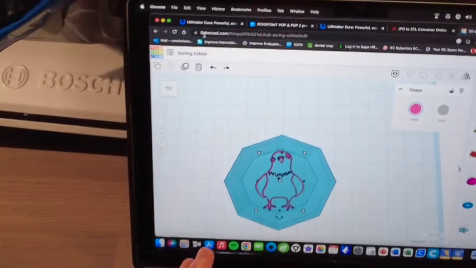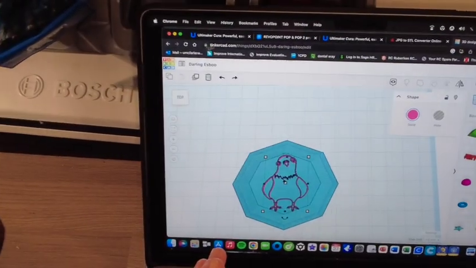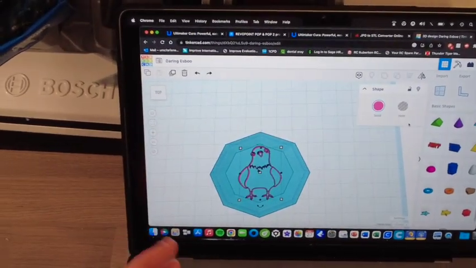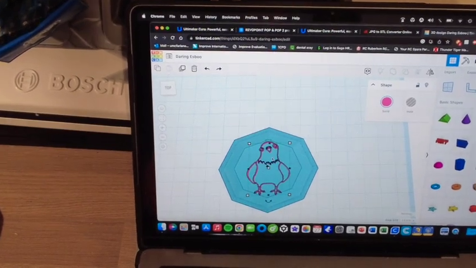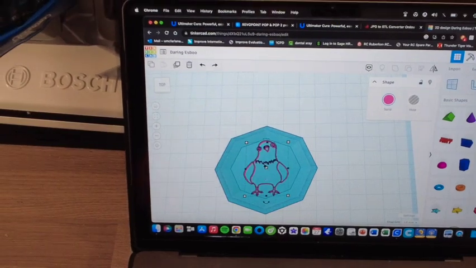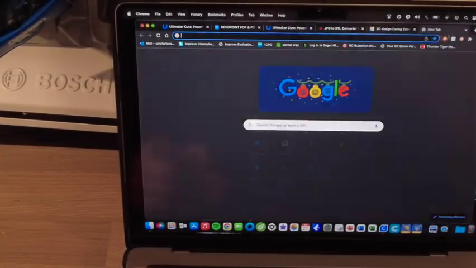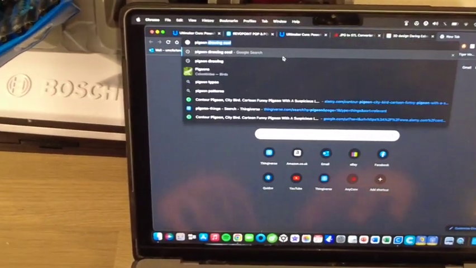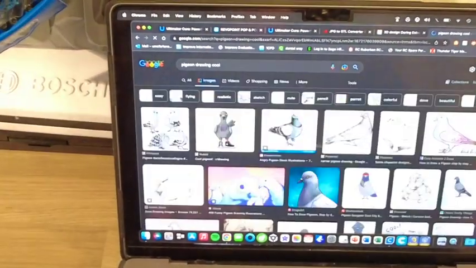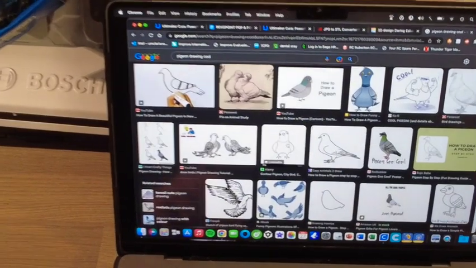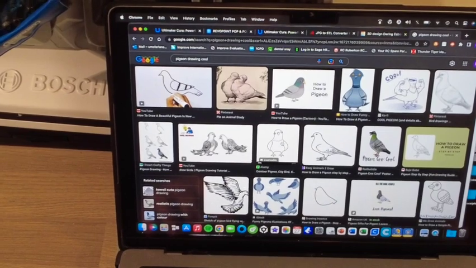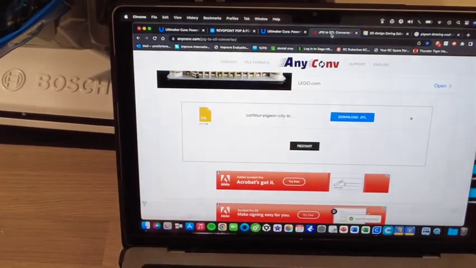called Tinkercad. Again, it's an online cloud-based system, so you just log into the website, make your profile, and you can get started. I've already just fiddled with it. So this was actually this little chicken dude, not chicken, pigeon. I went and searched in Google, so pigeon drawing cool. There you go. Went into images, and there it is. So I found this image, downloaded it as a JPEG, and then what I did is I went to this